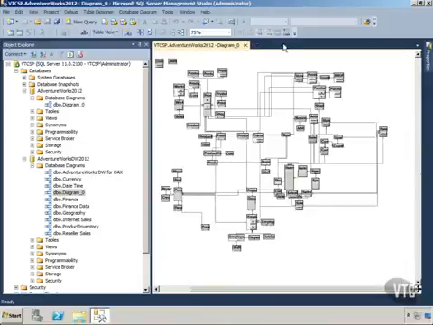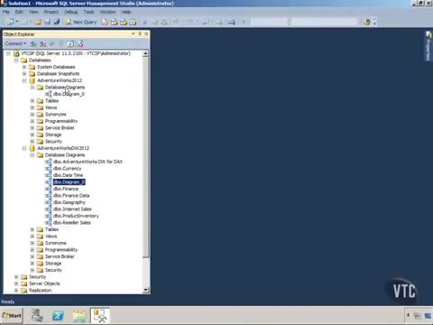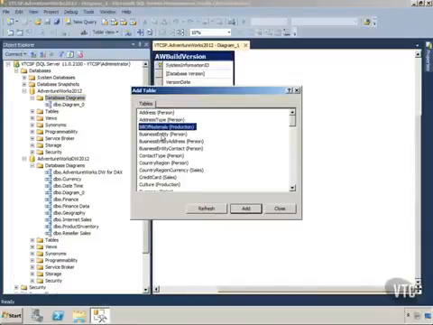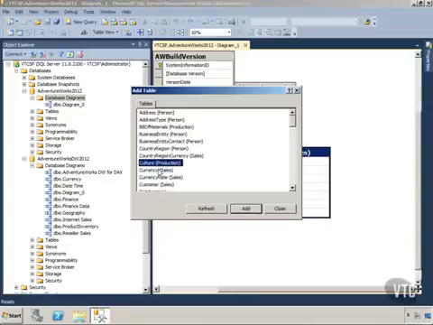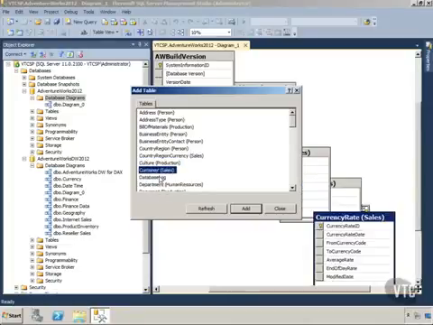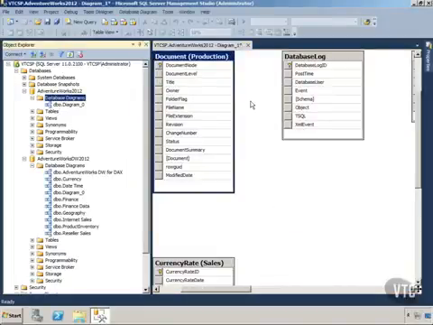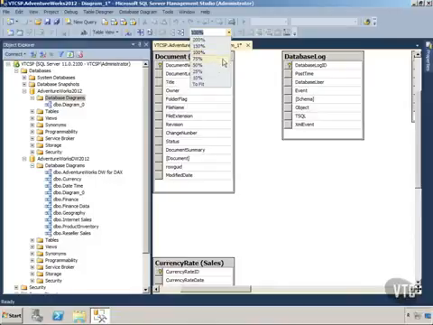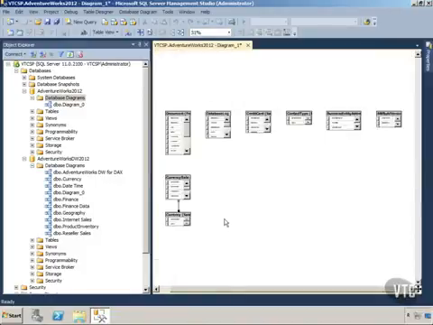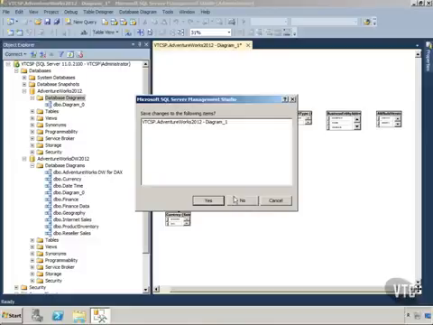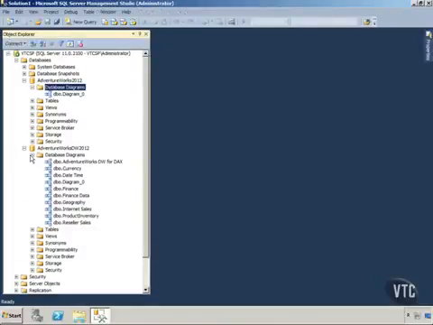Now, I want to show you real quickly, just in case you haven't seen this functionality, I can create a database diagram by going into a database, right-clicking database diagrams and saying New Database Diagram, and then just double-clicking on the tables that I'd like to see out there. If I get enough of these that are related, I'll just stop there, close, and then come up here and tell this to set it to fit based on what I just chose. Notice I got that many of them, and these two are related. If I'd kept dropping them, I would see them, and I can actually work with my database out here. But as you can see, there's two totally different structures,